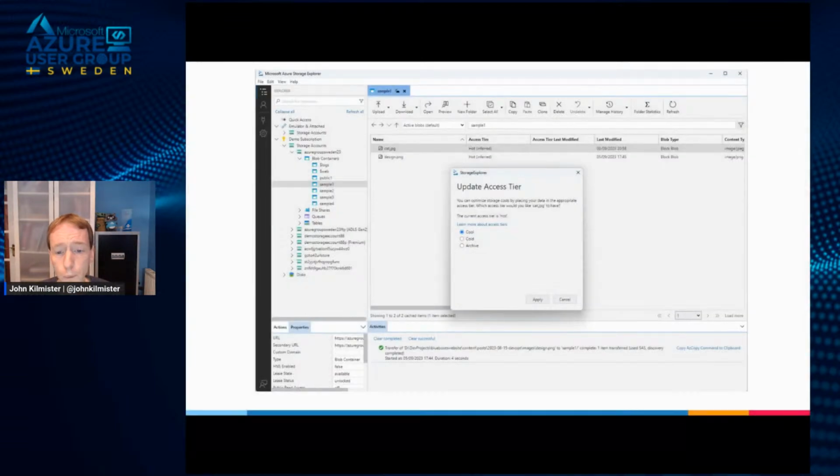At any time, we can change our access tier, and we can do that in something like Azure Storage Explorer or with any one of the many APIs. You can see in this particular screenshot that under access tier, the current blob is marked as hot. Now, it's got inferred in brackets, and that shows that hot was the default tier, and that blob was added without specifying a tier.